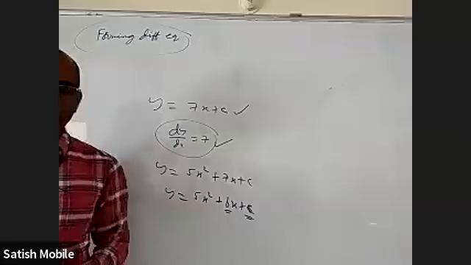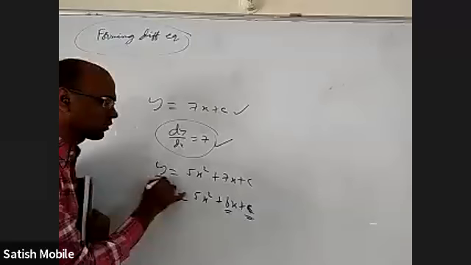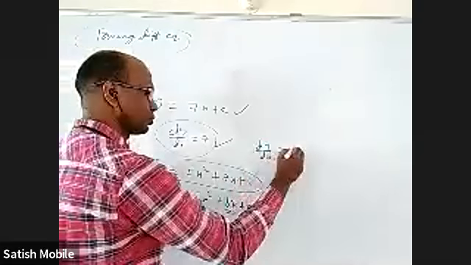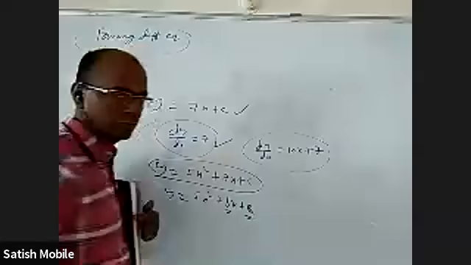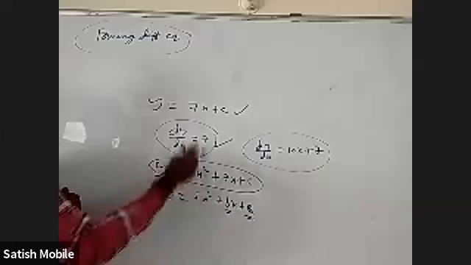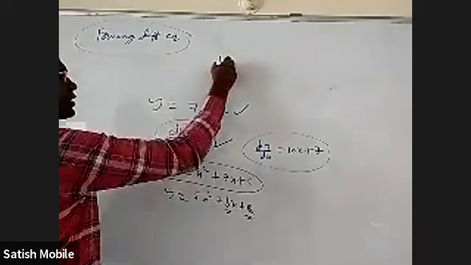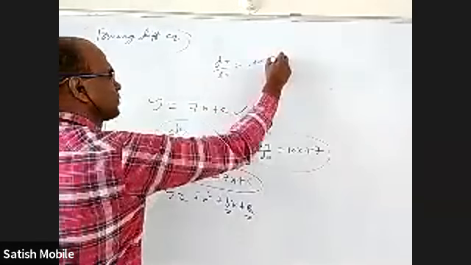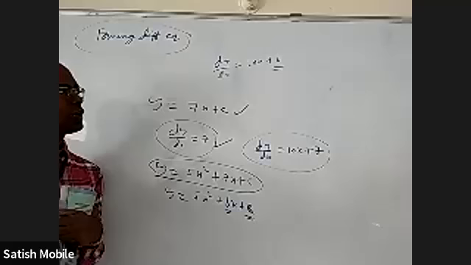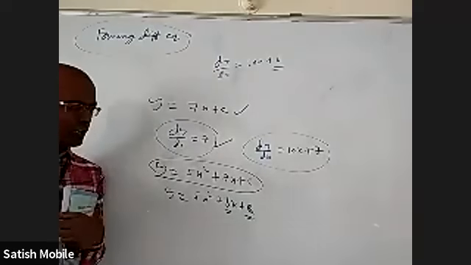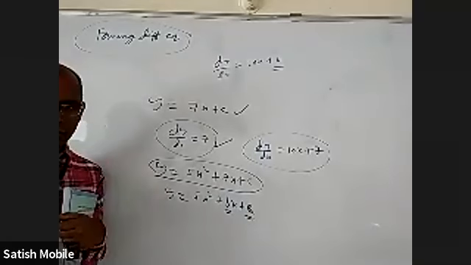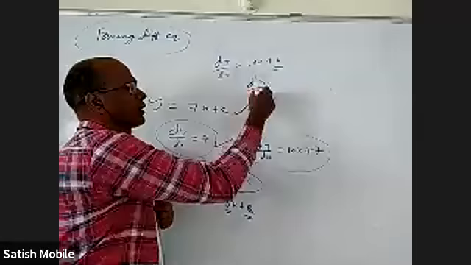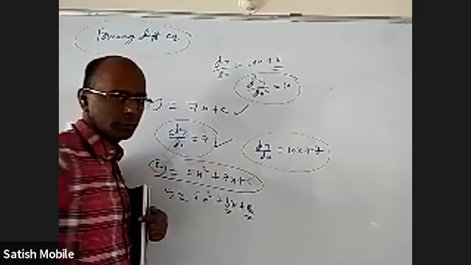So for the first equation, you differentiate it and you get dy by dx is equal to 10x plus 7. This is a differential equation. But for the second, when I differentiate, I'll get dy by dx is equal to 10x plus b. Still, something is changing. When I say differential equation, it should not have any variable constants. So I should differentiate till I can avoid all the variable constants. Even this b has to be avoided, so it is d square y by dx square equal to 10.